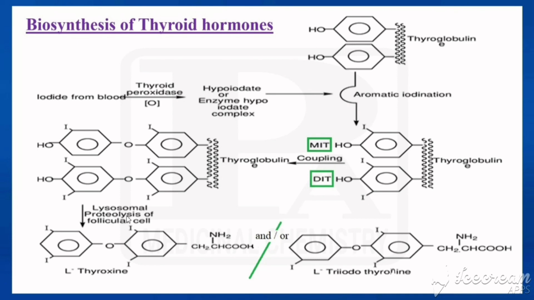And what is the last step? That is proteolysis of thyroglobulin and release of iodothyronines. Now this undergoes proteolysis. Actually, that was stimulated by TSH, that is thyroid stimulating hormone. So it undergoes proteolysis and we are getting thyroglobulin plus its constituent amino acids, and they release two products. One is T4, another one is called T3. T4 can be called L-thyroxine, and T3 otherwise called L-triiodothyronine. So these two would be released into the circulation. So that would be the biosynthesis of thyroid hormones.